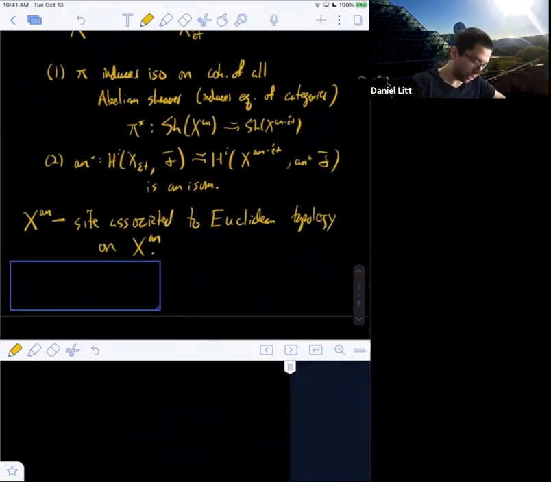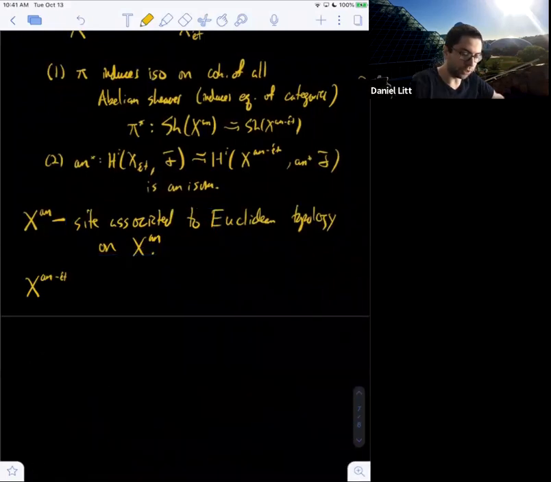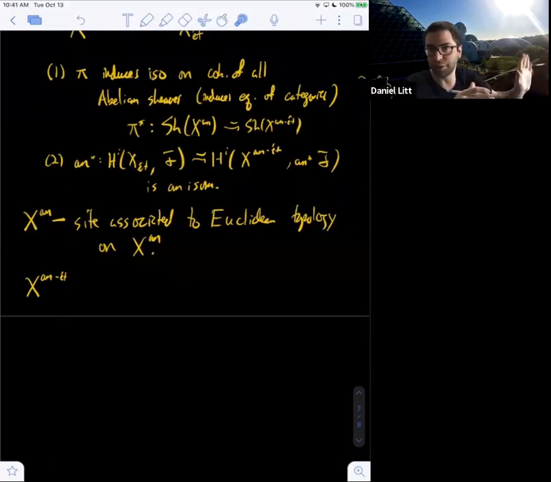All right, and what is this site? In other words, there's an honest Euclidean topological space associated to X, which is locally just cut out by some polynomials in C^n, and the objects of this category are open sets. The morphisms are inclusions, and covers are covers.